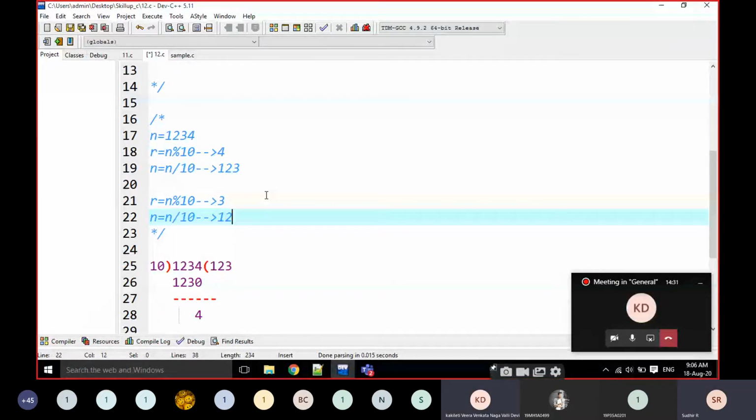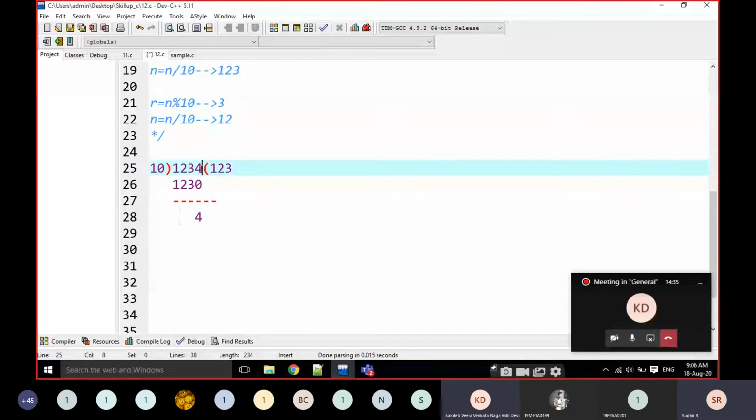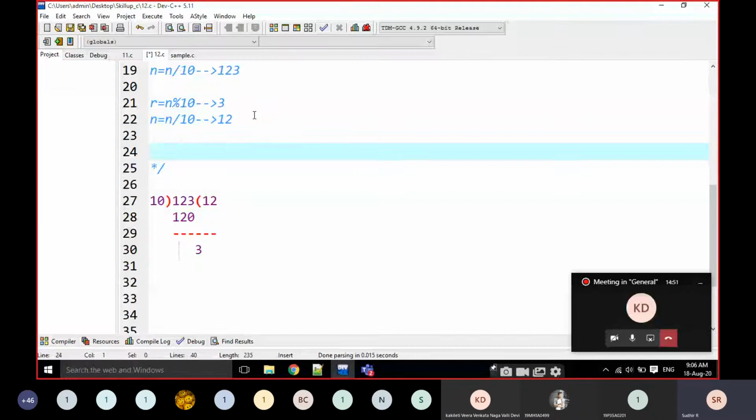It is 12. Every time it is going to be one part, the last digit is one number and the remaining is another number. Then R is equal to n mod 10.